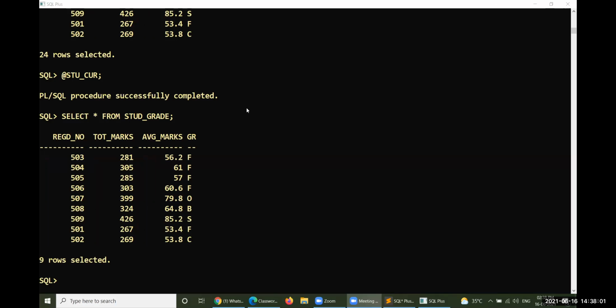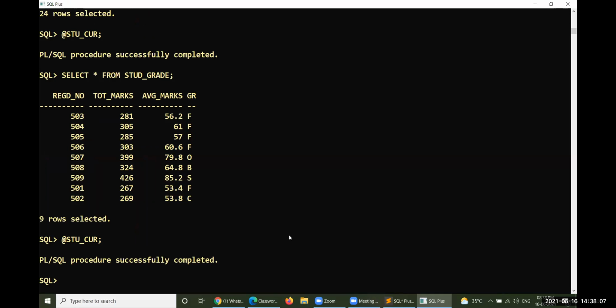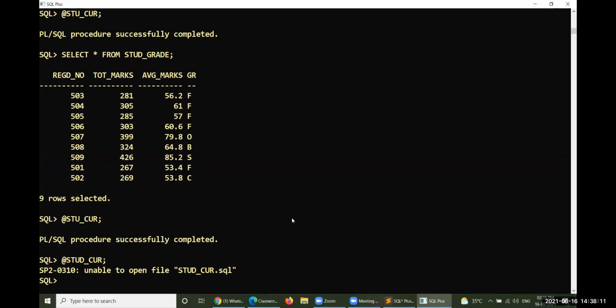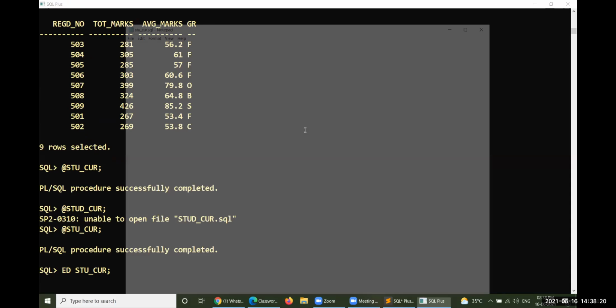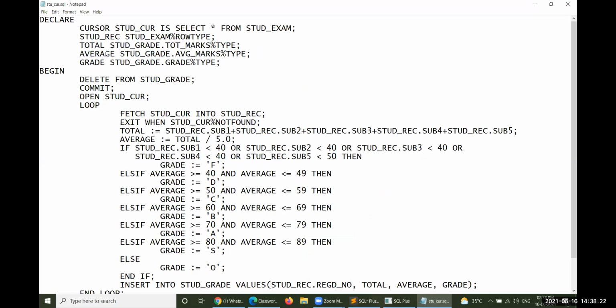So continuously, before going to fetch and execute your cursor, what we are trying to do here is operate two extra operations.